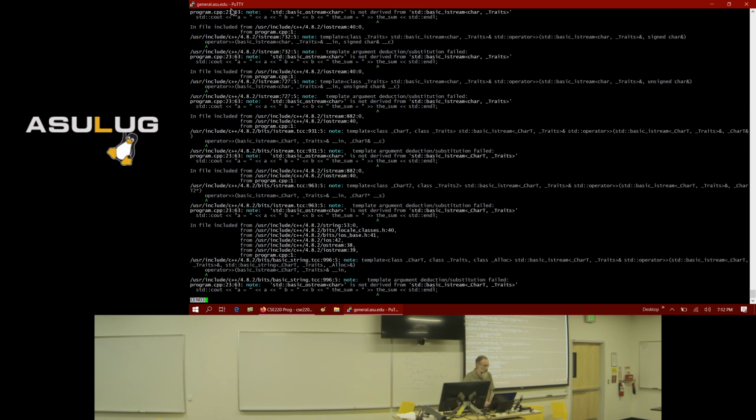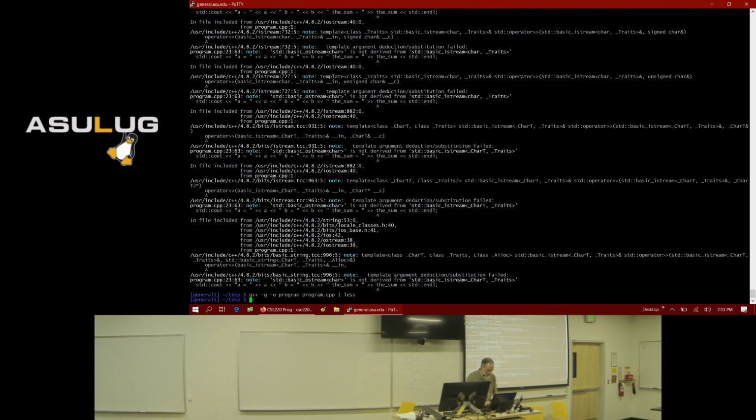On line 23 and column 63, oh, I see it right there. You use angle brackets pointing, from your perspective, in that direction to send stuff to cout. But notice right there that I oriented the brackets the wrong way. So I need to fix that mistake on line 23.